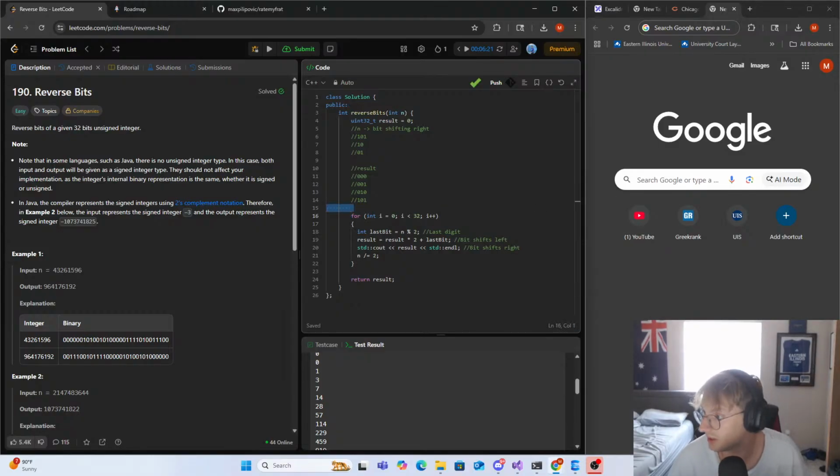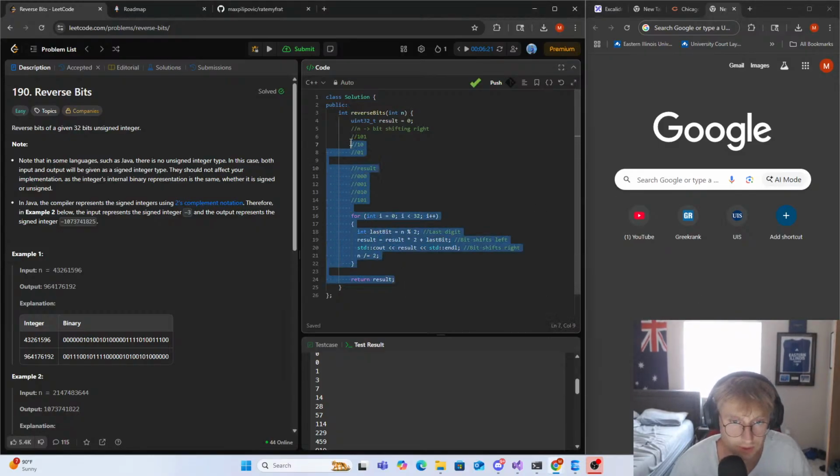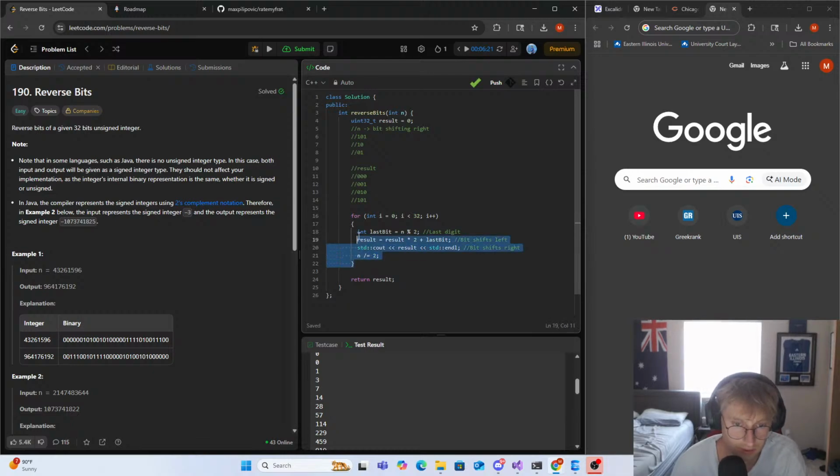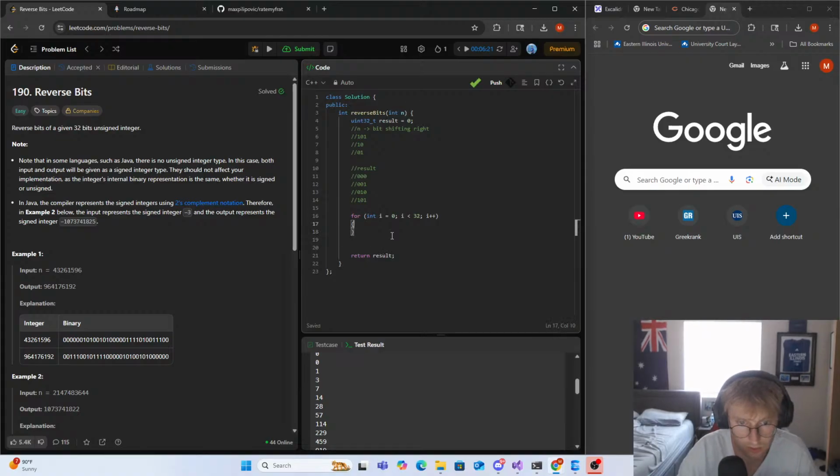So anyway, let's jump into doing this problem. I want to take a look at the other way to do this problem. Actually, I believe we can keep this code here. I believe there's a different way we can do this, with the left shift and the right shift. So if we were to take the result here, we do int last bit is equal to